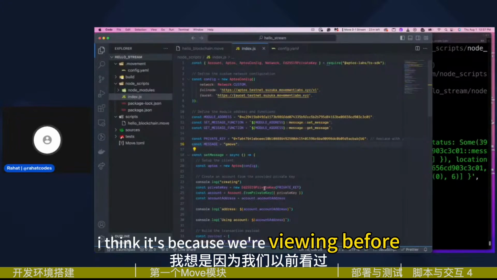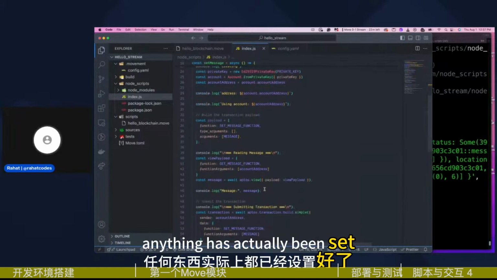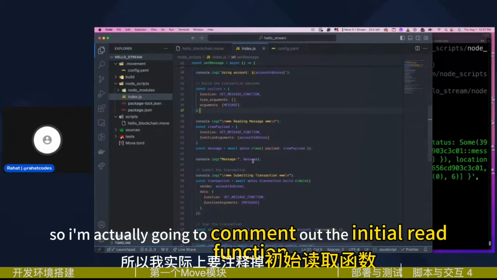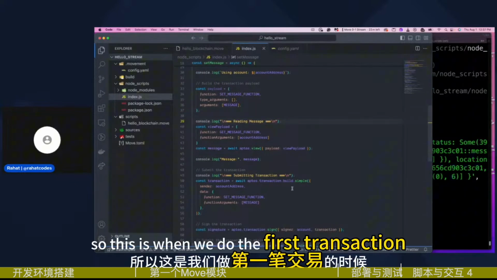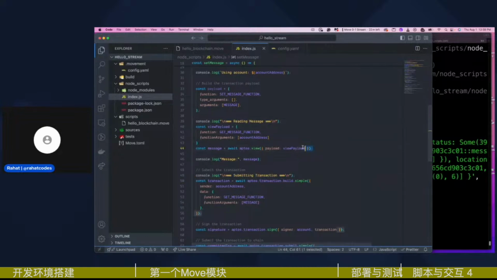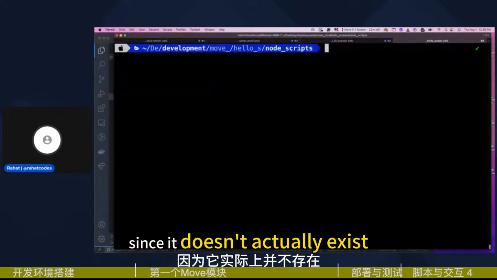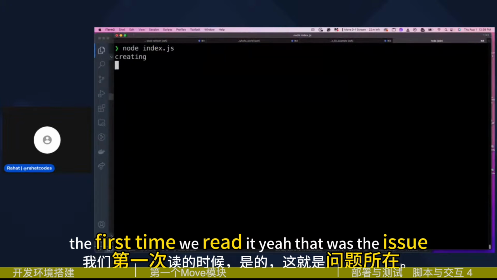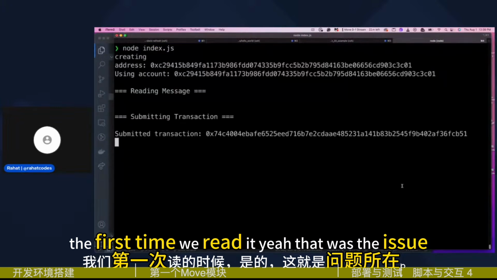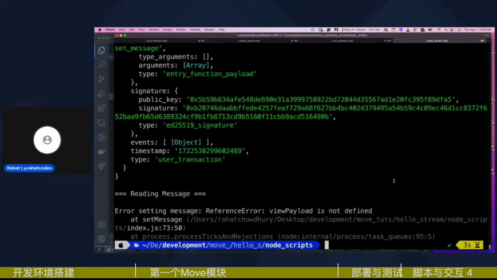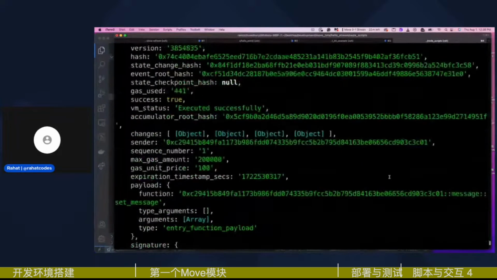Okay, I think it's because we're viewing before anything has actually been set. So I'm going to comment out the initial read function. This is when we do the first transaction, so let's comment this out, since it doesn't actually exist the first time we read it. Yeah, that was the issue. Cool. So now